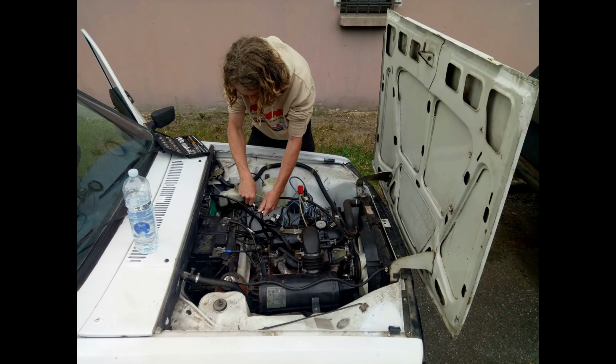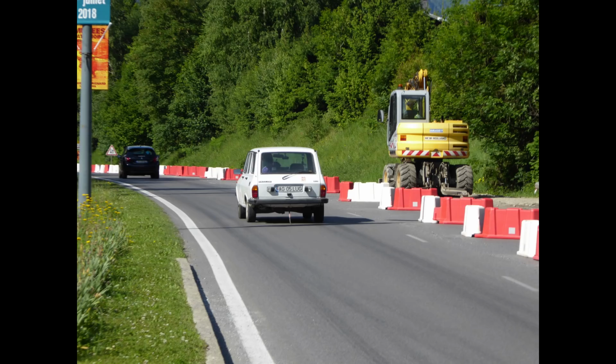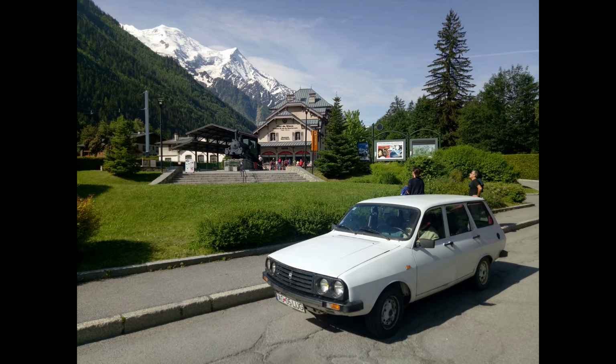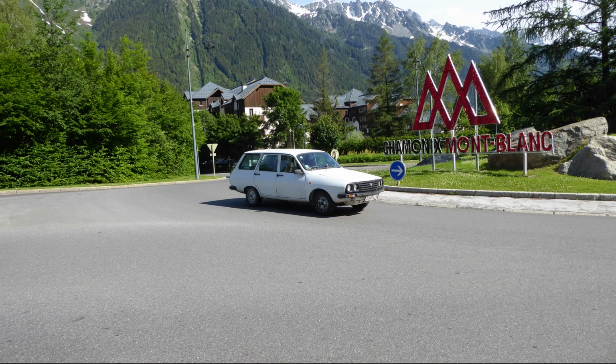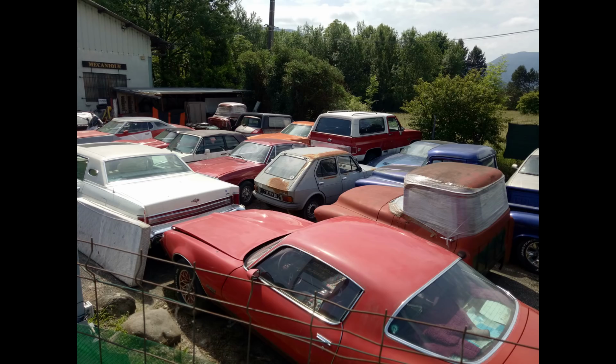Adjusting the fuel lines before we set off again. Off we go. And I decided to get some pictures of the Dacia just driving around Chamonix, just for the heck of it. And yeah, what a place. Here's Rich endlessly driving around a roundabout, just so I could get that shot of the Chamonix sign. And then we followed an XM down off the mountain. We couldn't keep up. We did find yards of amazing old cars,